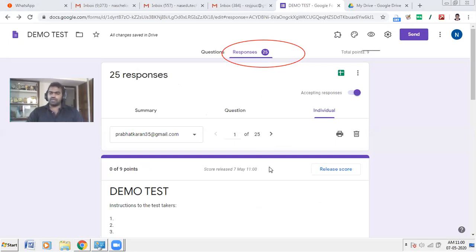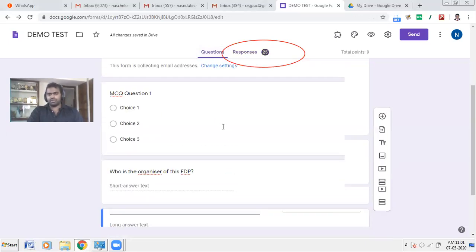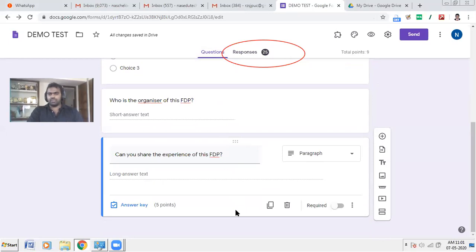Once I check and release the score to all, now it is closed. The exam time is over, so I'll just close it. Now nobody will be able to submit. If you are using G Suite, you have more options there, like people won't be able to open another window in the browser. Feedback is optional. If you need to give some feedback, you can; otherwise, it's not compulsory.